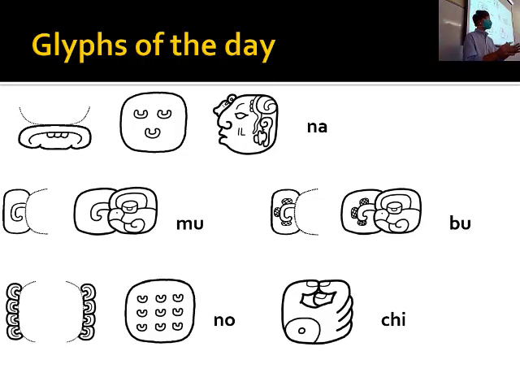So I'm starting with the glyphs of the day. This is the sign Na. That's the common form of Na. It does have a main variant that looks like either a happy or unhappy face. It depends. And then there is a rare variety that you don't have to remember now, but it looks like